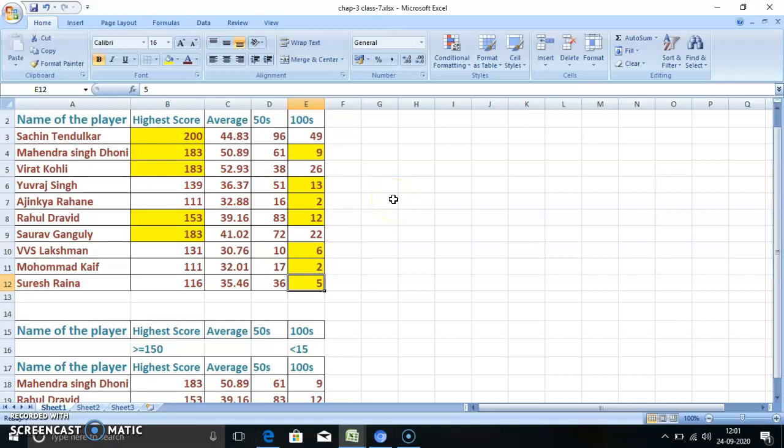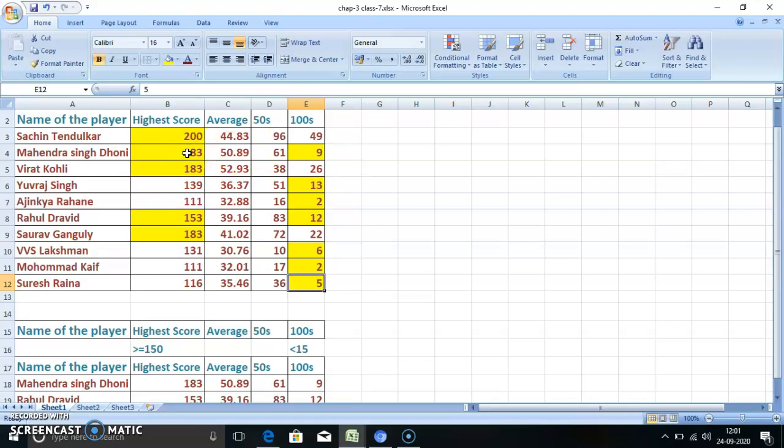Now we applied two conditions here, that is score is greater than 150 and century is less than 15. When both the conditions are true, then only it will show in the filtered table. Here Sachin Tendulkar 200, but century is not less than 15, that's why it will not be shown.